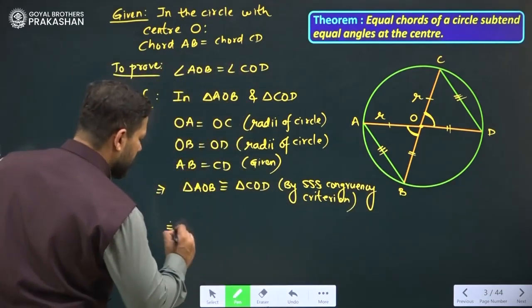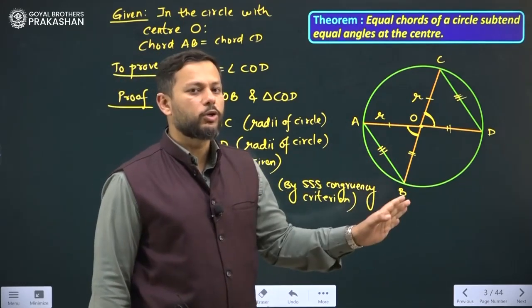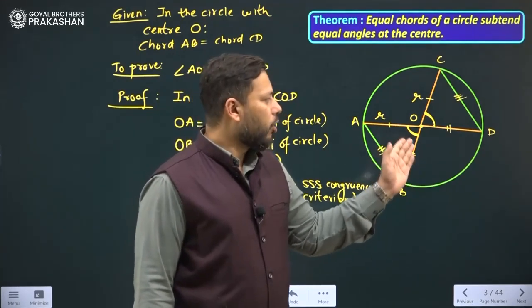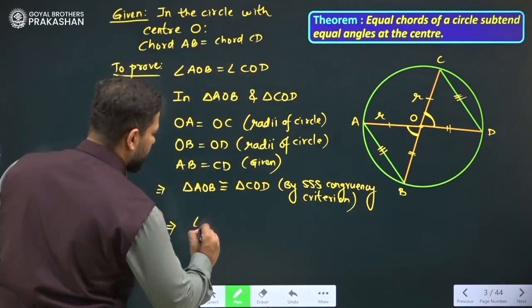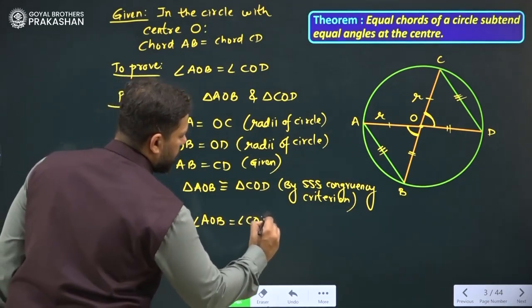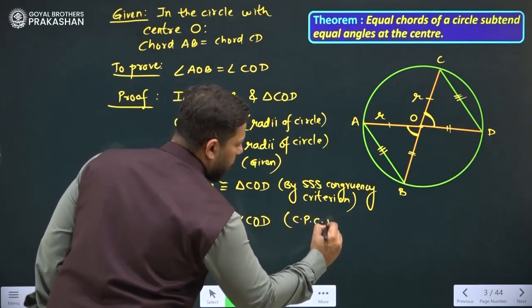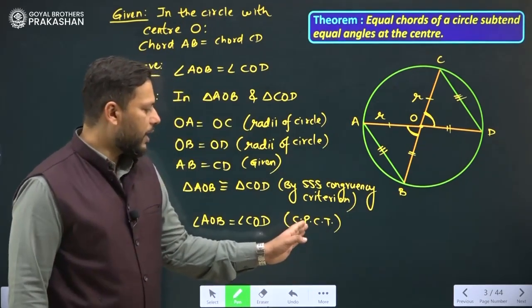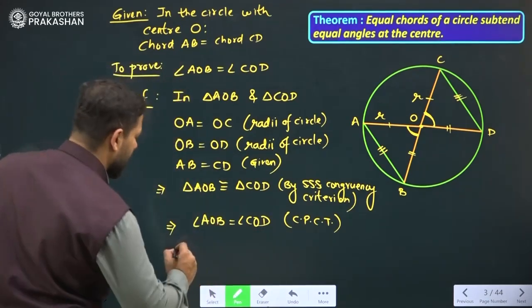So this implies that if these two triangles are congruent, all of its corresponding parts will be equal to each other. We already have proved that all the three sides are equal. So now all the angles will also be equal to each other. So this implies that angle AOB is equal to angle COD. For that we will write the reason CPCT. What is CPCT? CPCT is an acronym for corresponding parts of congruent triangles, right? So CPCT, this tells us